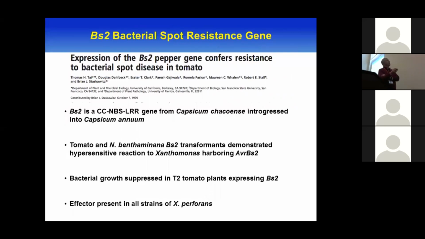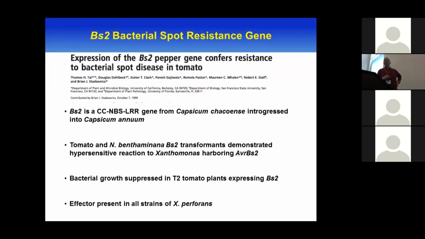So BS2 comes from Capsicum chacoense, and it was introduced into Capsicum annuum, and it recognizes an effector gene called AvrBs2 that is conserved in all Xanthomonas strains out there that affect all kinds of plants. So what we did, and this is a long time ago now, that Tom Tai back in 1999, this shows you how long this field's been cranking along, is that we took this gene,